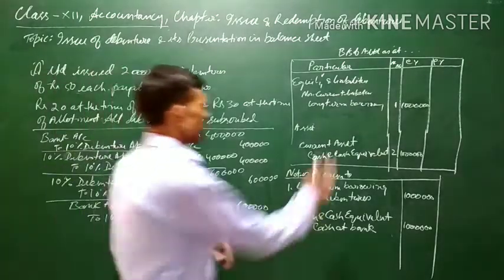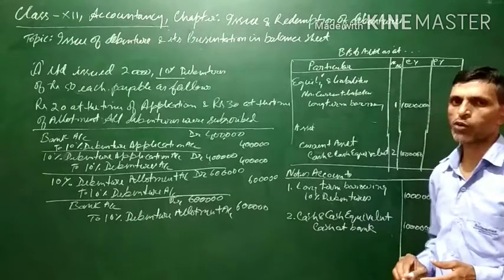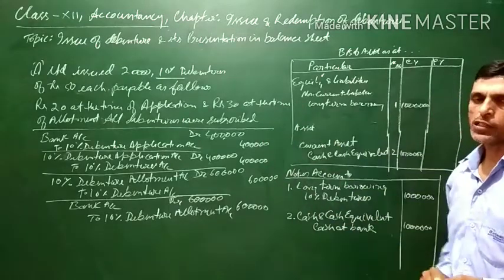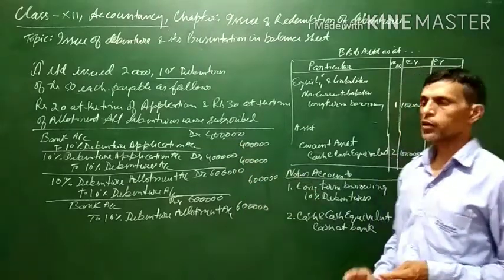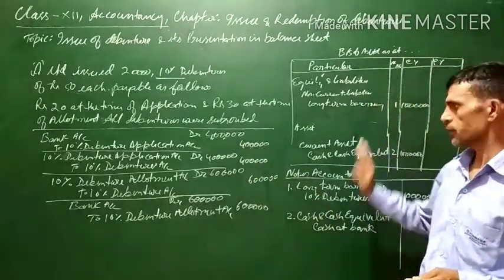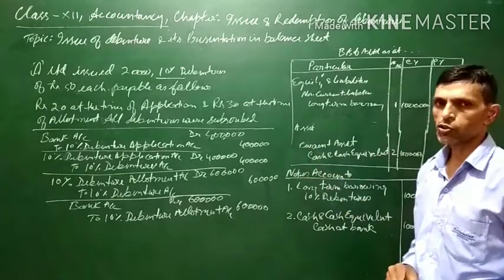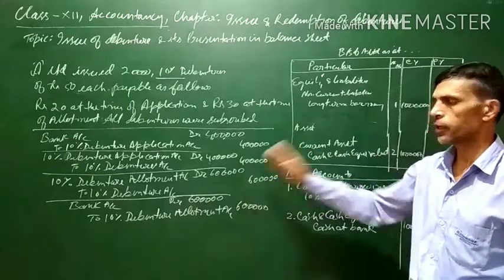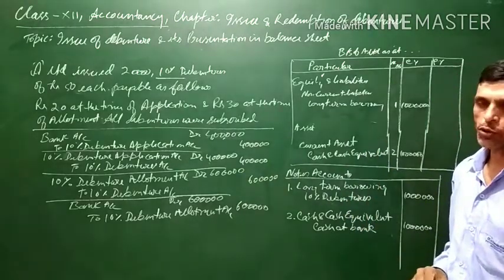And here there will be no difference in the balance sheet as well as the notes to account if the allotment money and application money are called separately. Only the general entries will differ. The balance sheet as well as the notes to account will have no impact. If the amount is called in 2 installments, there will be no impact on the balance sheet as well as the notes to account.